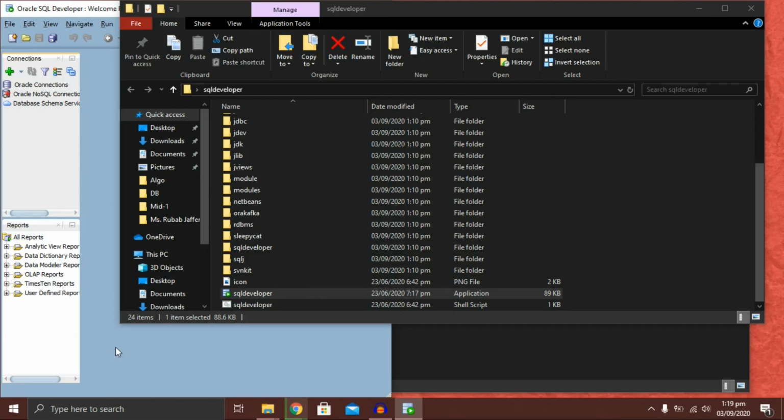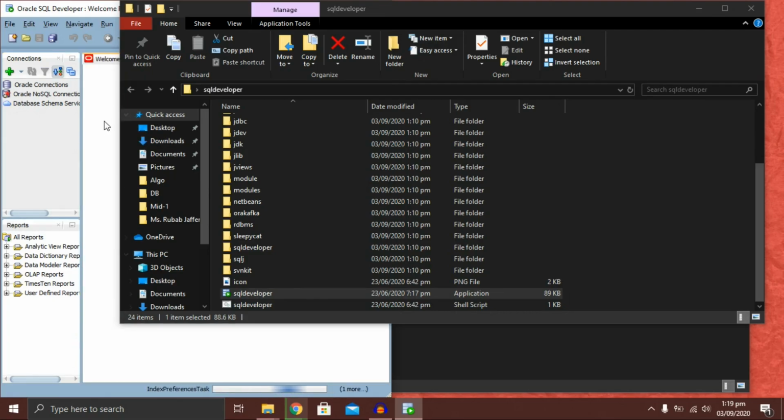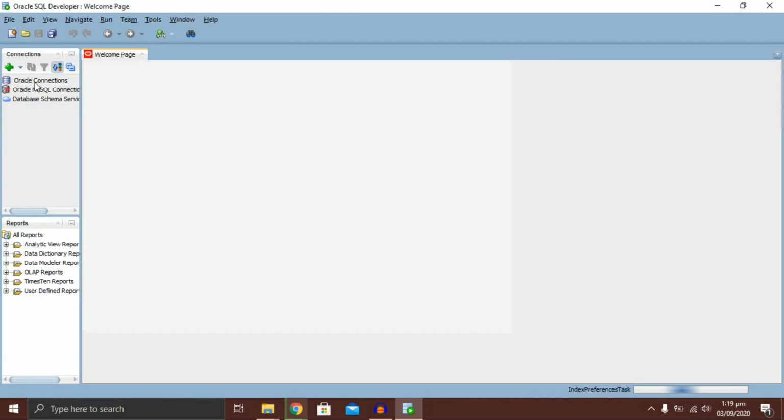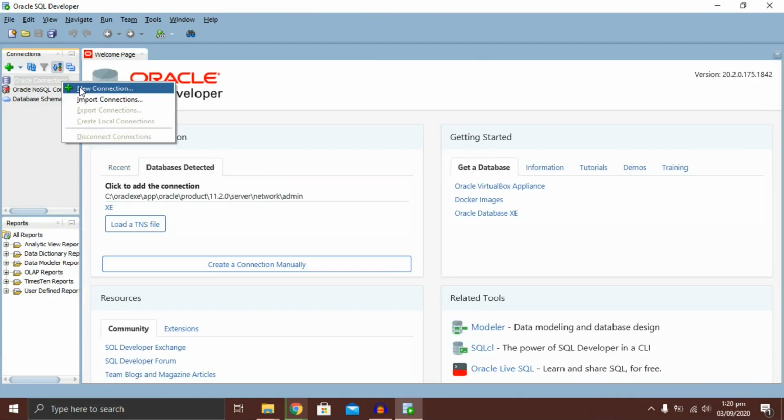Finally, we have set up the development environment for Oracle database. We are going to click on Oracle connections.